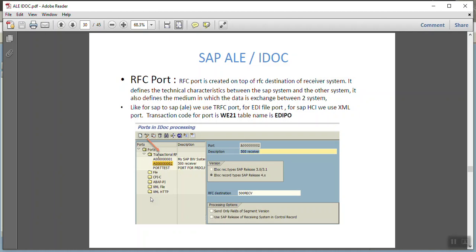For HCI PI, we use the XML port. There is also a file port, used in case of EDI. The T code for creation of the RFC port is WE21 and the table name is EDIPO. I repeat, the RFC port is created on top of the RFC destination.